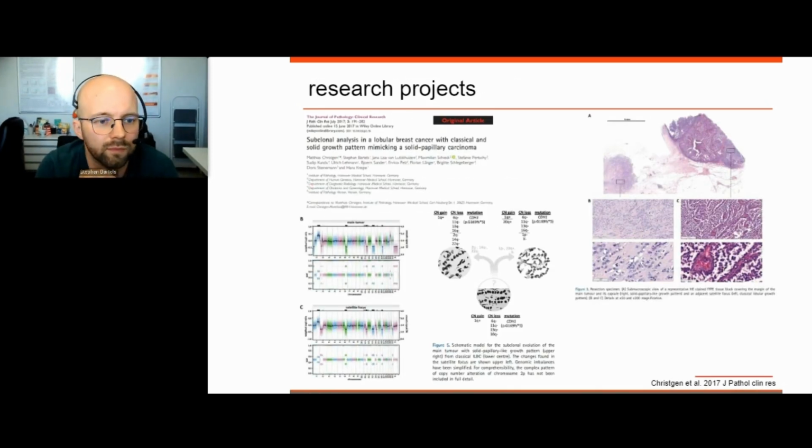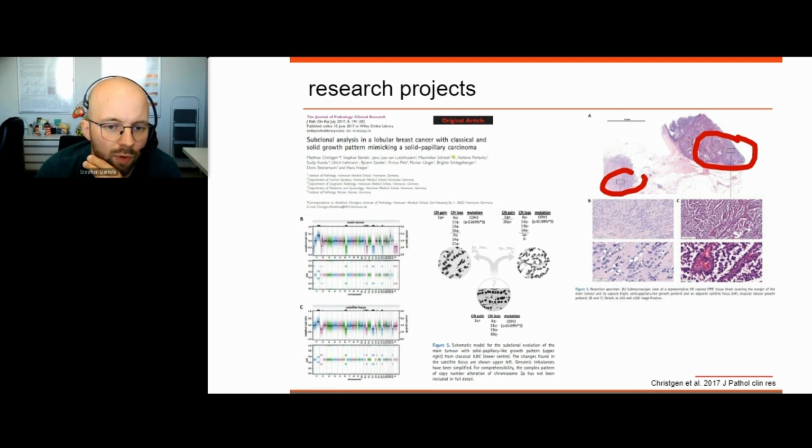So and this is one of our research projects from the last years. This is a breast cancer case with 2 tumor regions in the breast with a completely different morphology. And at first we thought that this must be 2 different carcinomas with completely different origin. But then we did comprehensive molecular analysis, and these 2 different regions share the same CDH1 frameshift mutation and share different amplifications and deletions